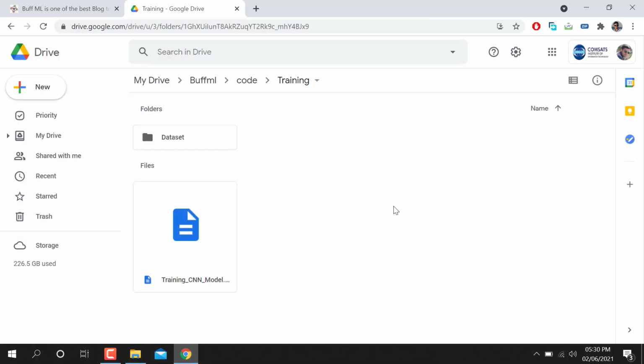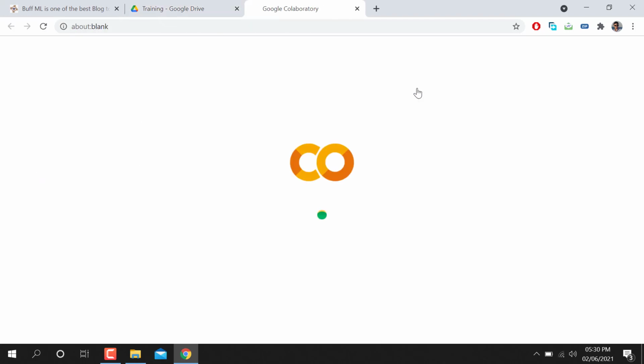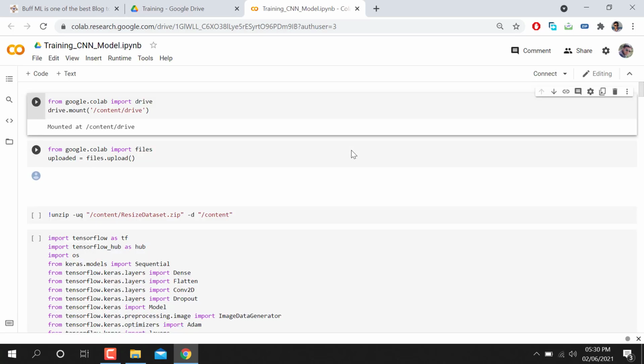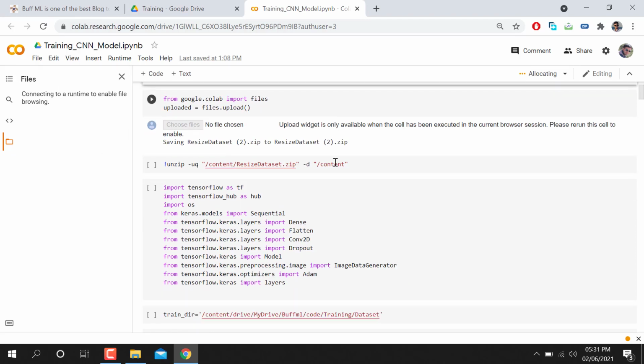You can see I already opened my Google Drive. So here is the code. I'm going to open this one, and I already wrote the code. I'm just teaching you how this will work. When I run this, it takes quite long. Okay, now it's open. You can see this is the code. I'm going to mount this with my Google Drive, and then we'll run this one.